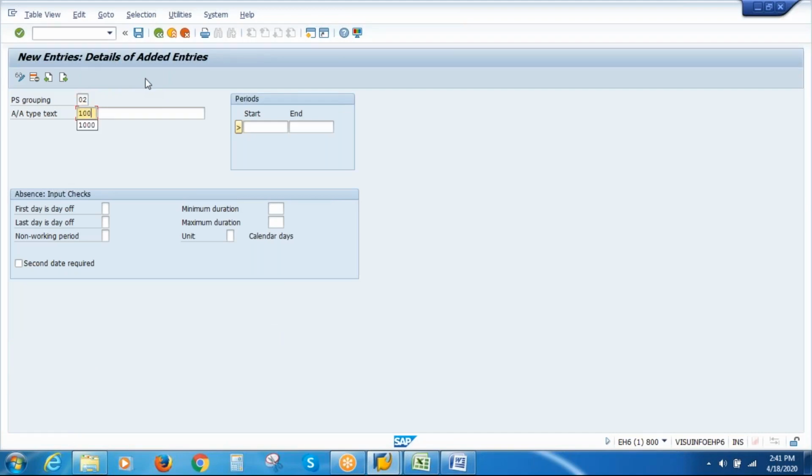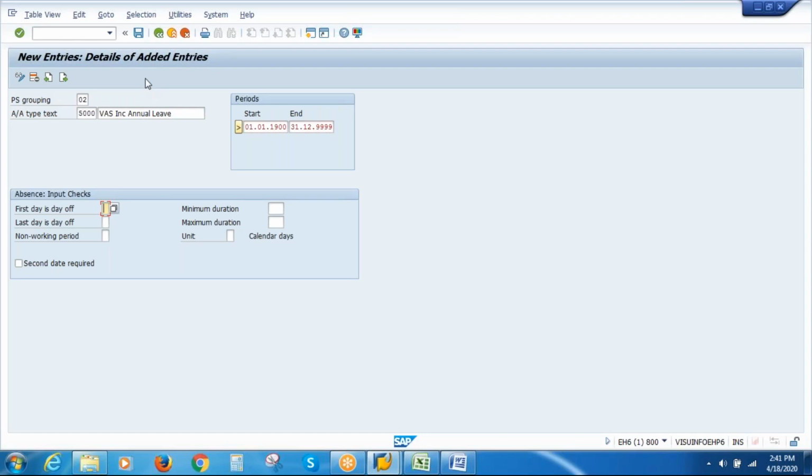The absence type code is, let us say, 5000. And the name of this absence type is VAS INC annual leave. The start date of validity is 1/1/1900 and the end date is 31/12/9999.